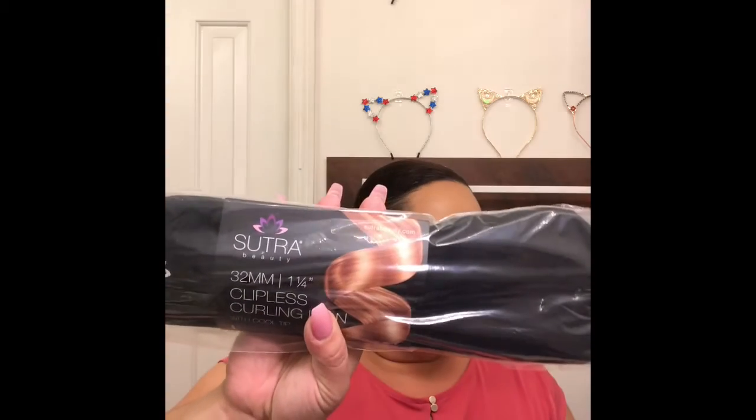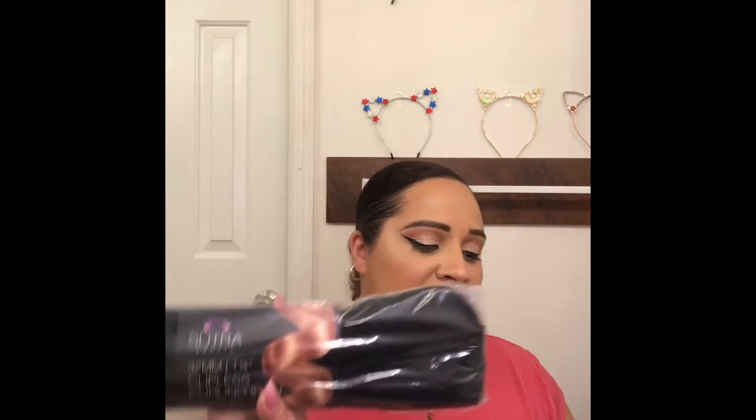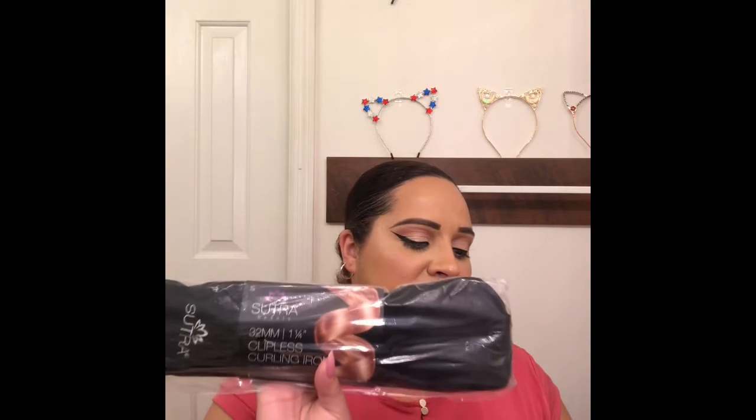Next in this box, I got, let's see. Ooh, I got the Sutra Beauty Clipless Curling Iron with a cool tip. It looks like this, if you guys want to see. And this retails again for $65. Oh my gosh, that is ridiculous. $65 for this curling iron. So I'm excited. Yay, curling iron. And then